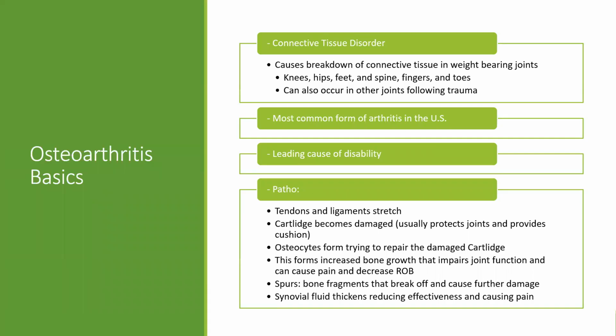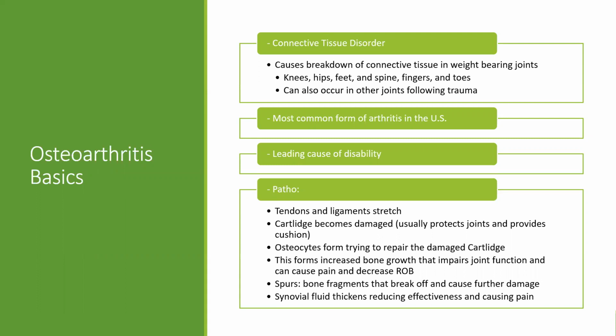Osteoarthritis is a connective tissue disorder that causes breakdown of connective tissue in weight-bearing joints. So this would be our knees, our hips, our feet, our spine, our fingers, and our toes. It can also occur in other joints if there's been severe trauma or injury to that joint. This is the most common form of arthritis in the United States and the number one leading cause of disability in